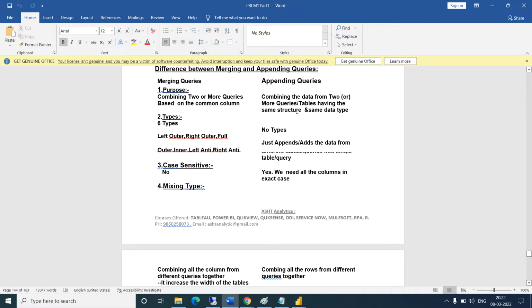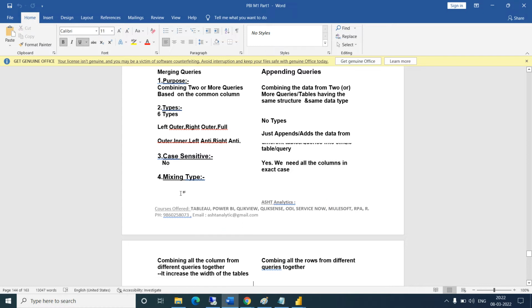Both tables should have the same structure and the same data type. There are types of merge, but there are no types of append. Then third, it is not case sensitive in merging, but it is case sensitive in the append query. Then mixing type.